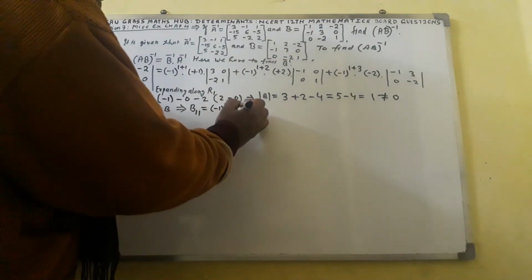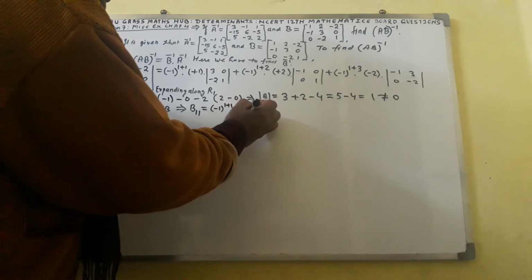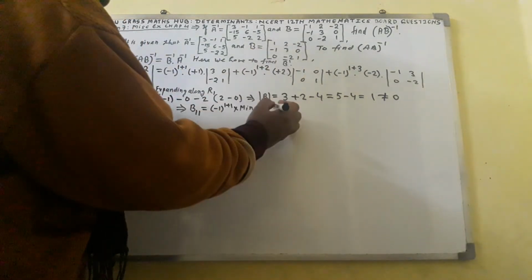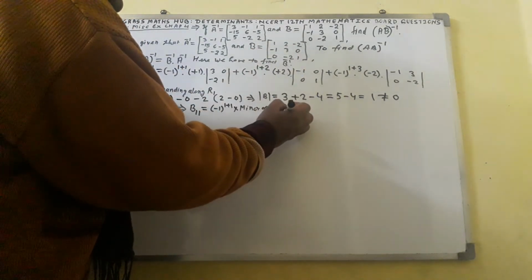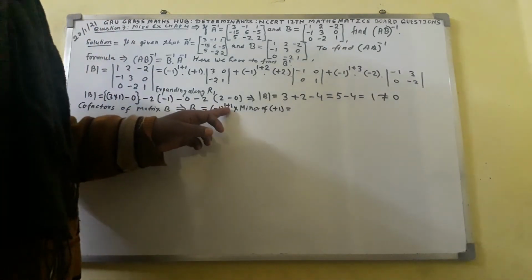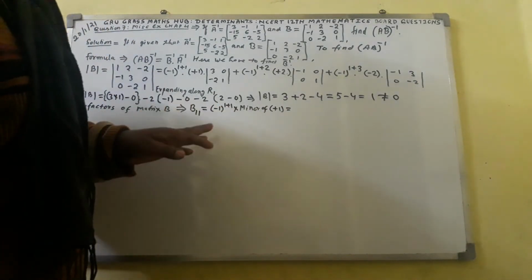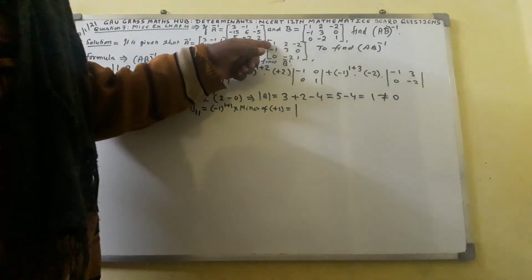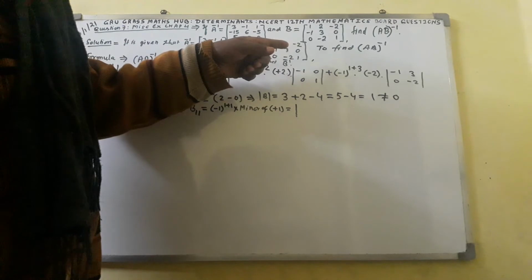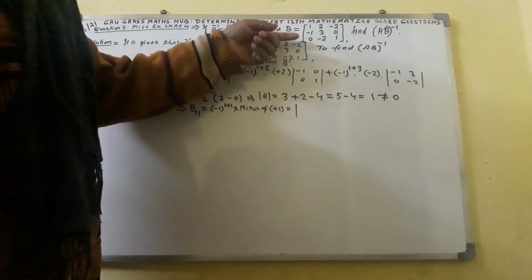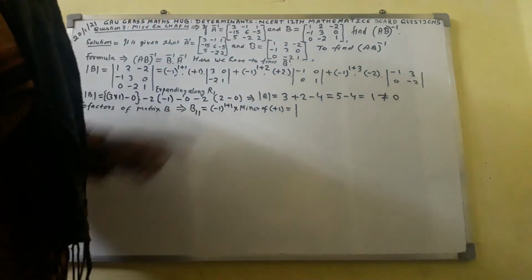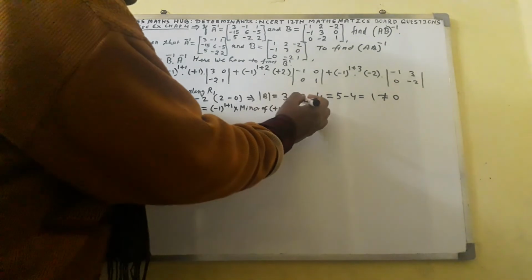Into minor of element plus 1. So now (-1) raised to power 2 comes out to 1, that will be neglected. Minor of plus 1. Now find out the minor of plus 1 here. Here you can see 1 is there in first row and first column. The first row and first column will be hidden. You will get the minor of this plus 1 as